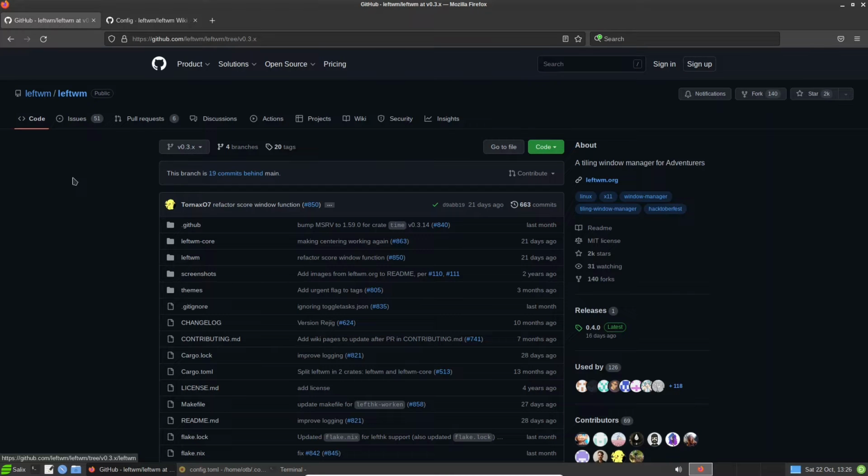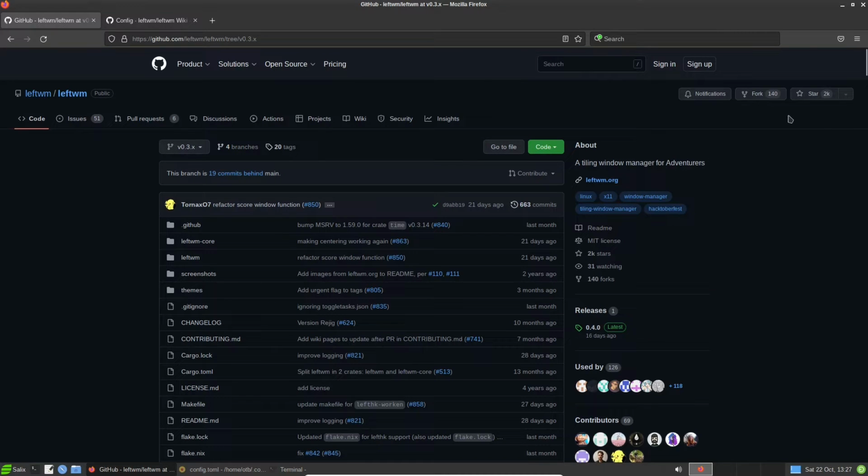However, I have to say that I did come across a little bit of a quandary, because I did uninstall Slackware's version of Rust, and I compiled and installed the latest version myself. And I was then able to compile LeftWM 0.4, but for some reason it would not launch either from a login manager or from startx. I'm going through the error messages at the moment. I'm sure it's a missing dependency, but if anybody can give me a clue, please do so. But anyway,